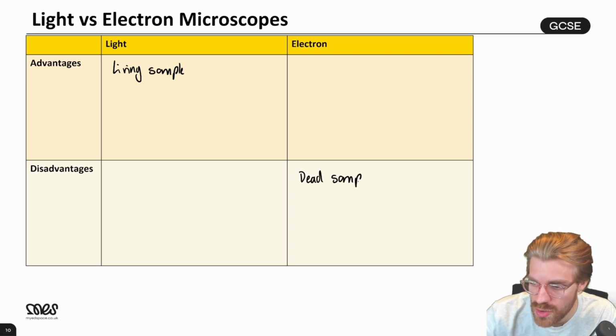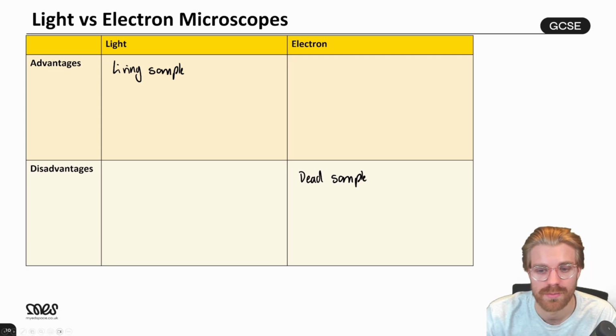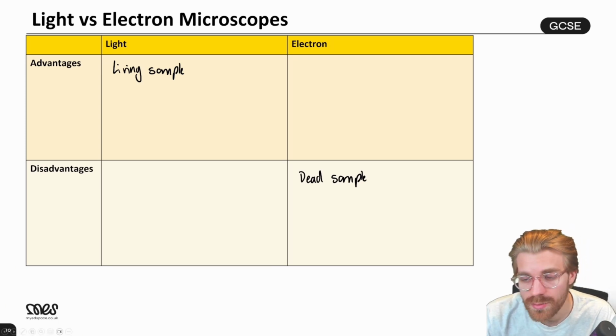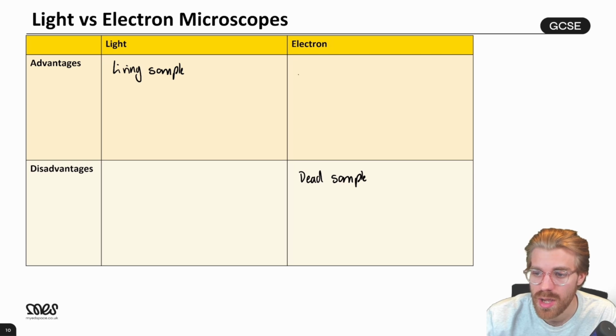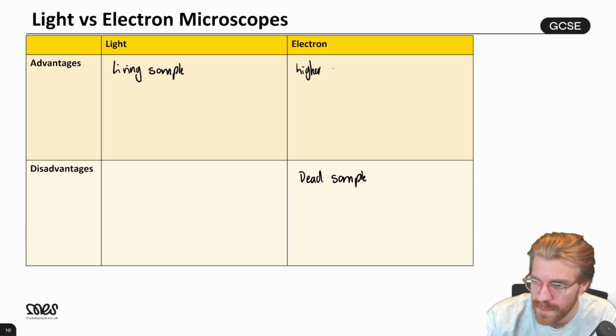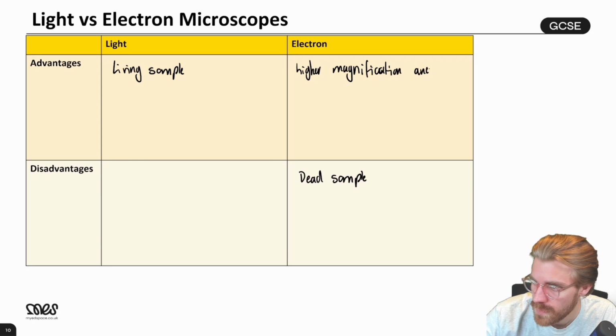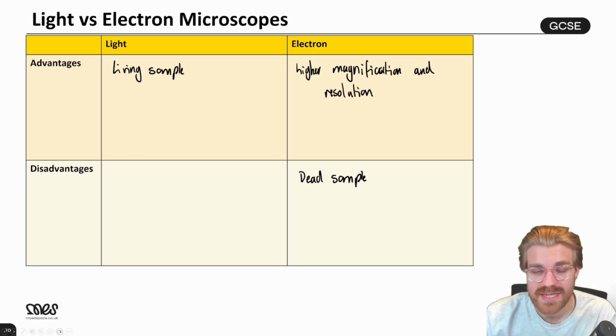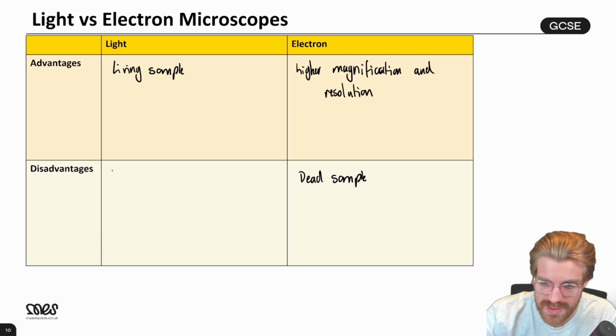We can't view a living sample with an electron microscope. But the big advantages of the electron microscope are that they produce higher magnification and resolution. The disadvantage of the light microscope is that they have much lower magnification